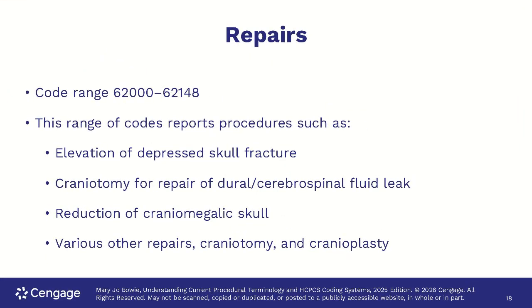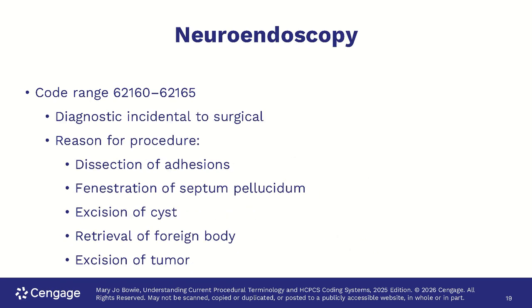All right. So the next area of codes that we have are repairs. And repairs are completed on the skull and skull vault. Okay. And it's a whole list of stuff. And in order to find these procedures, you can go to craniotomy, then encephalocele repair, then encephalocele; cranioplasty, then encephalocele; cranioplasty, then defect; cranioplasty, then autograft; cranioplasty, then bone graft. Whew, that was a lot. All right, then we have